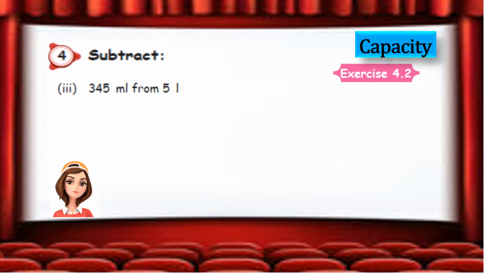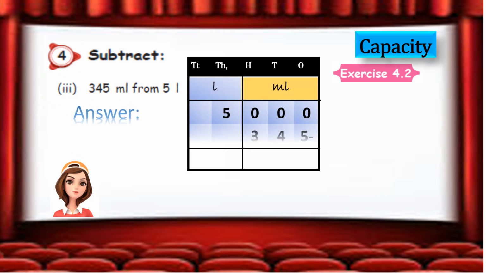So third one ma, 345 ml from 5 liter, isn't it? So here we need to subtract 345 ml from 5 liter. So let us write it carefully like this. That is, separate liter as a separate column and milli separately. I told you milliliter must be in 3 digits. We had said that, right? Yes. So now from this we need to find the answer.